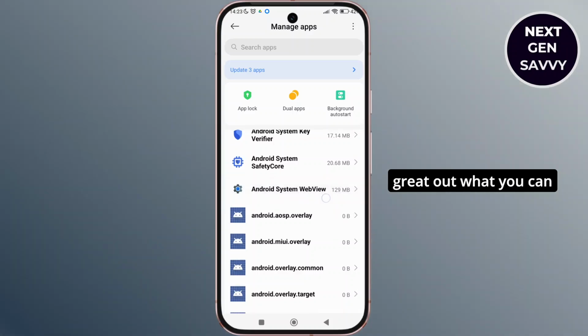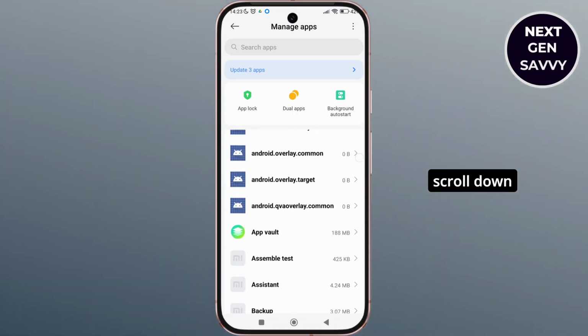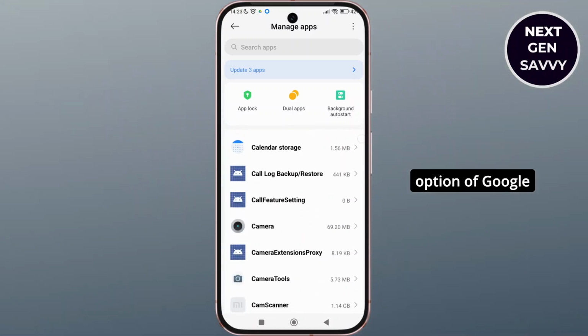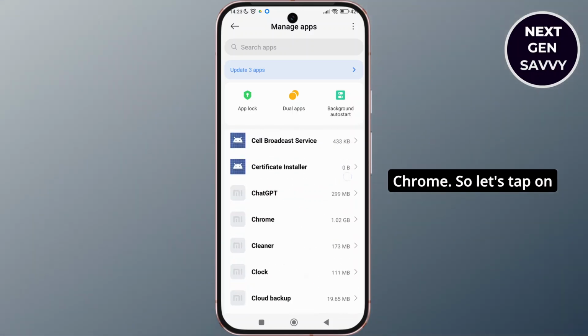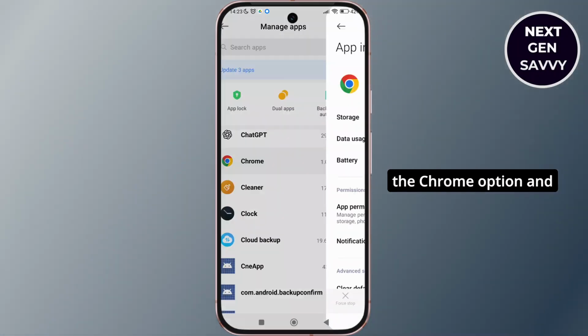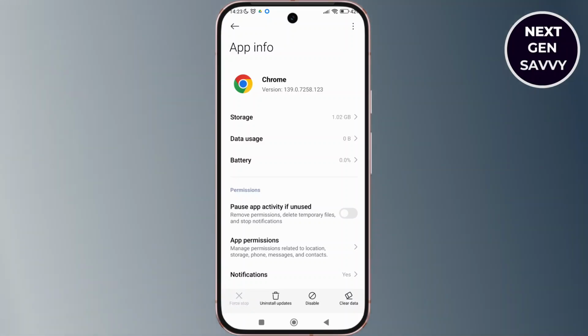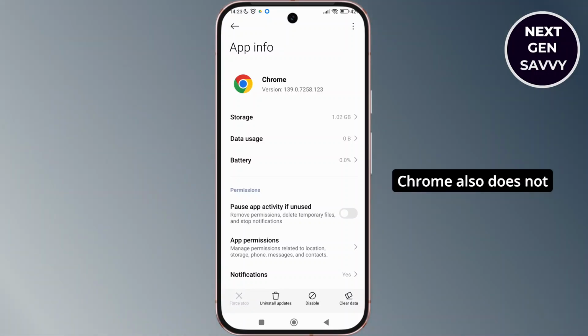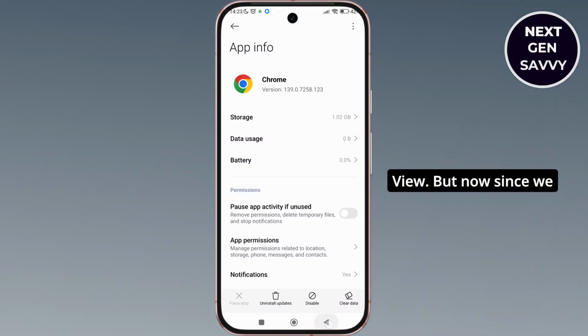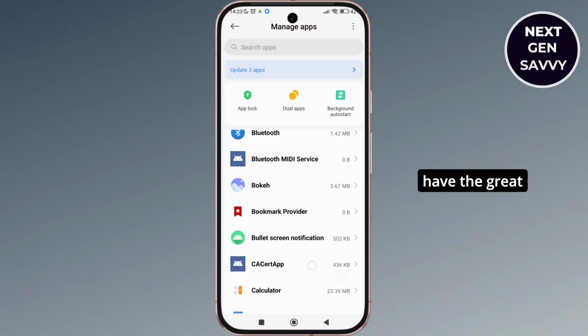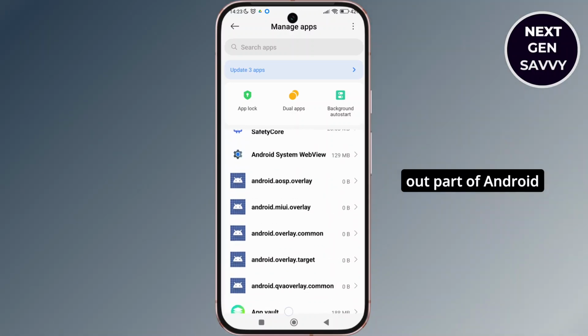Now if this is grayed out, what you can simply do is scroll down and tap on the option of Google Chrome. So let's tap on the Chrome option, and you can simply tap on the force stop option over here at the bottom left corner, because a lot of times Chrome also does not help in enabling the Android System WebView. But now since we do not have the grayed out part of Android